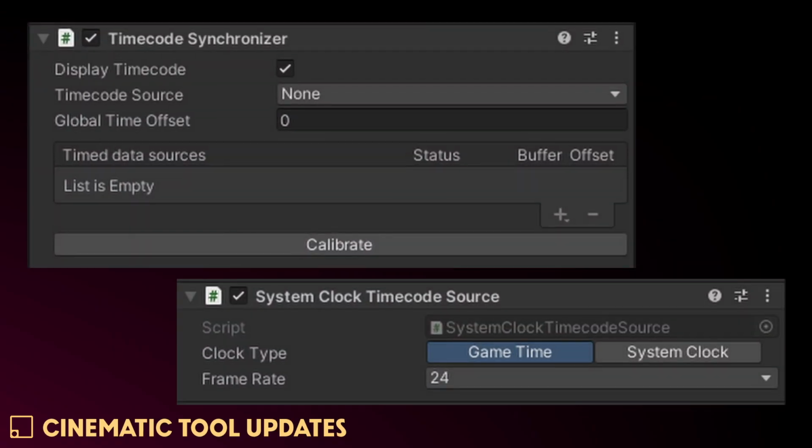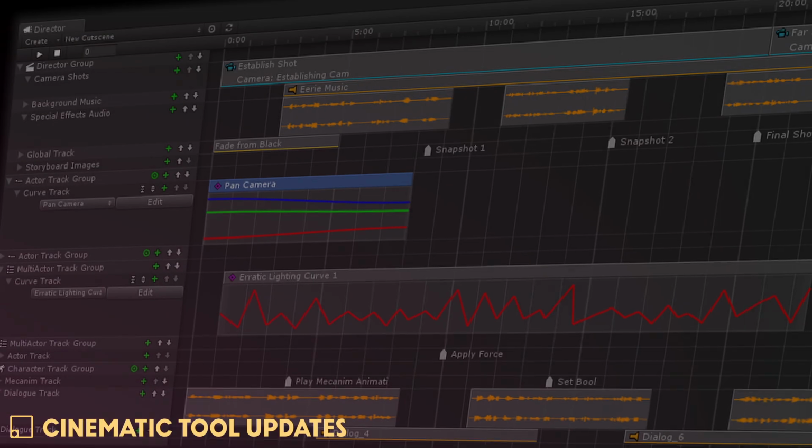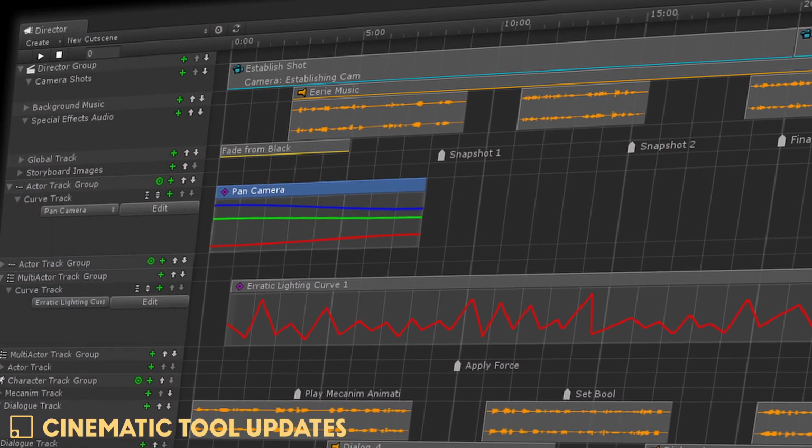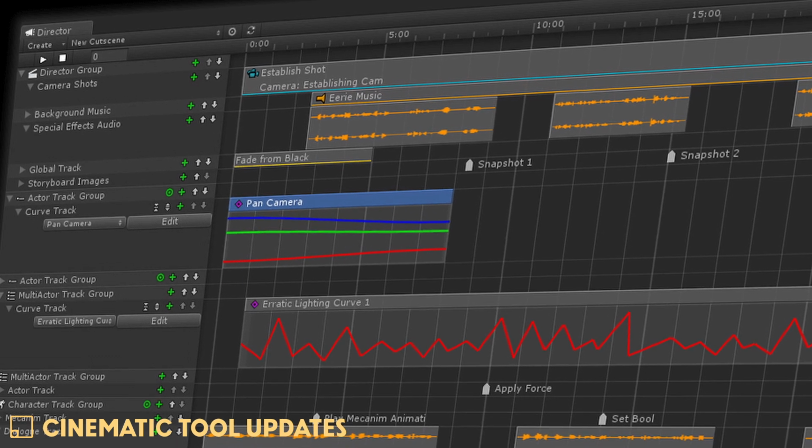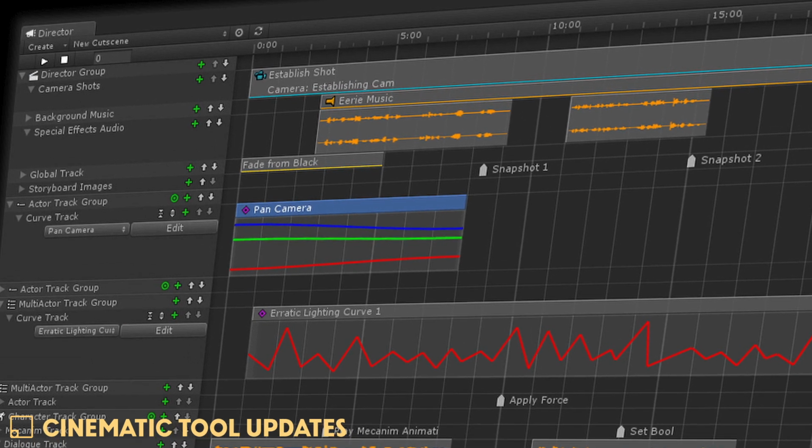This release also brings timecode synchronization for live capture, allowing you to synchronize compatible live capture devices connected to the Unity editor. Timeline now adds the option to play every frame and also to ensure that the playhead consistently lands on whole frames, ensuring accuracy for film and video animators.